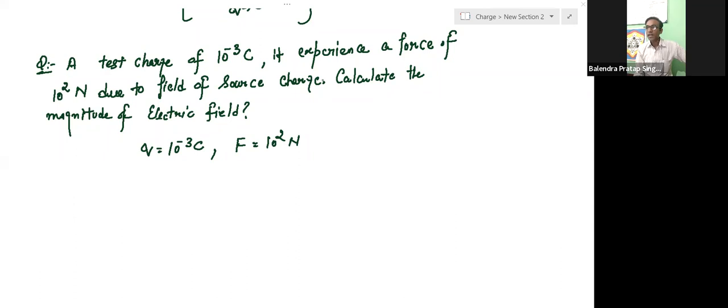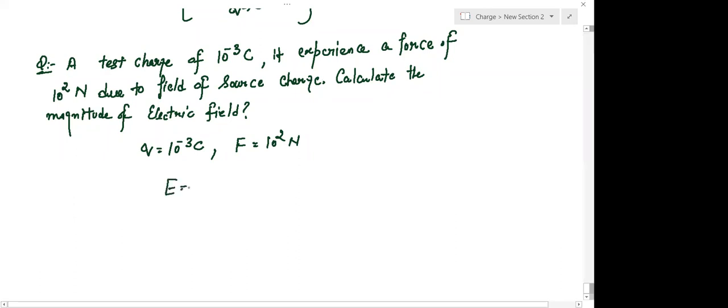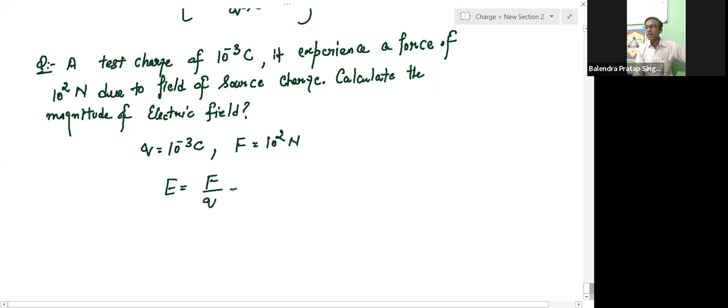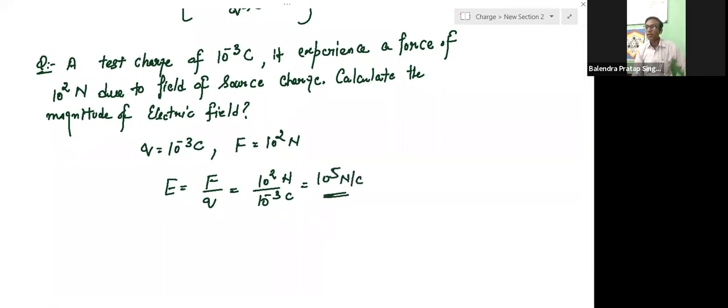So here the answer is E is equal to F upon small q. So that will be 10 raised to the power 2 divided by 10 raised to the power minus 3. And this is Newton, this is Coulomb. So that will be 10 raised to the power 5 Newton per Coulomb. That is our electric field. This is only magnitude. Okay. Now next